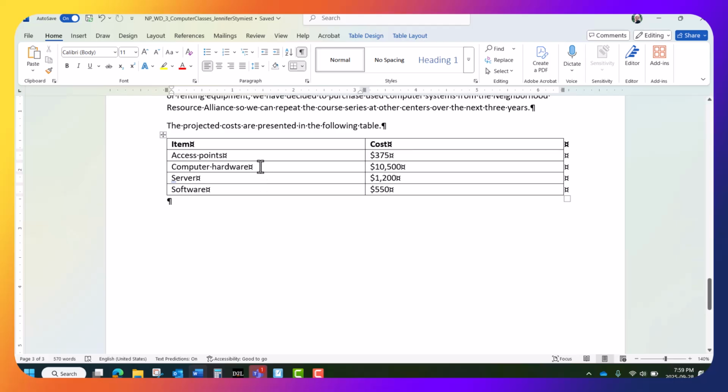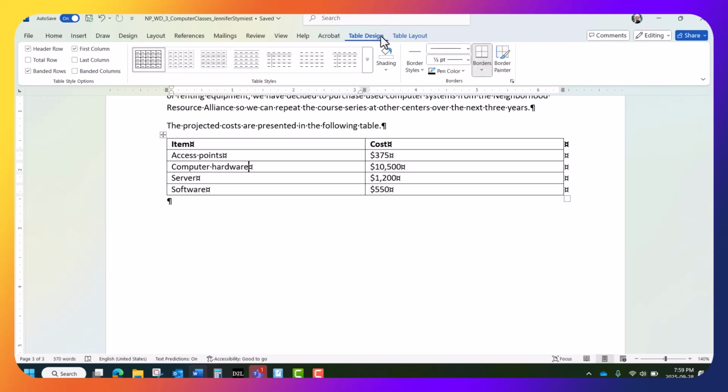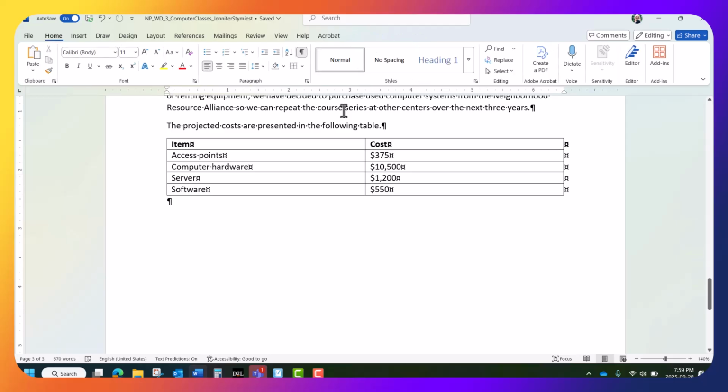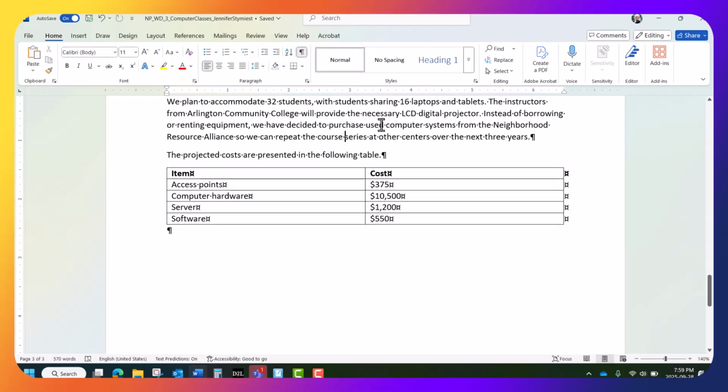All right, so just click anywhere in the table. On your ribbon, you're going to click your Table Layout tab. So you notice that anytime you have a table and you're clicked in your table, you have Table Design tab and Table Layout. If I were to click outside my table, just in the regular text of my document, that Table Design and Table Layout tab are no longer there. So my insertion point has to be in my table for those to be accessible. So I'm going to click Table Layout,